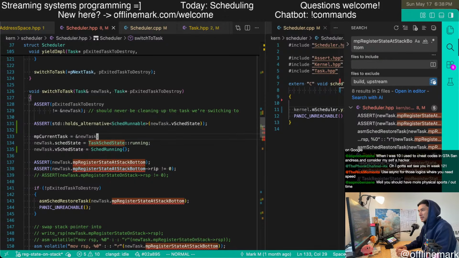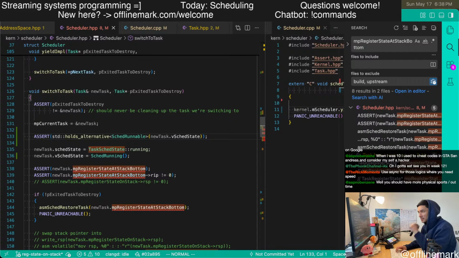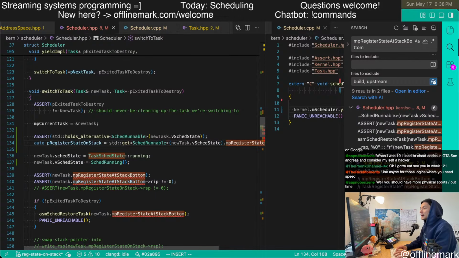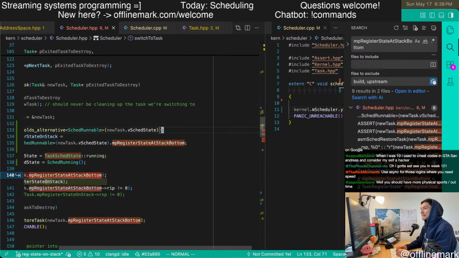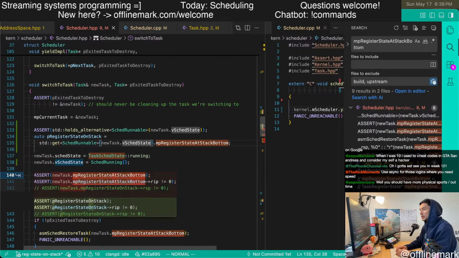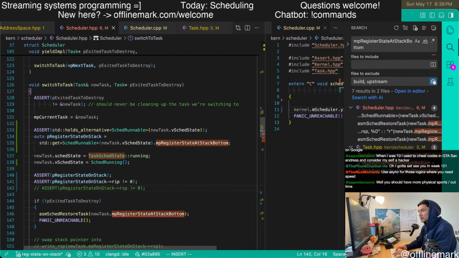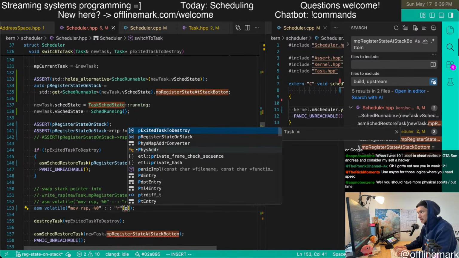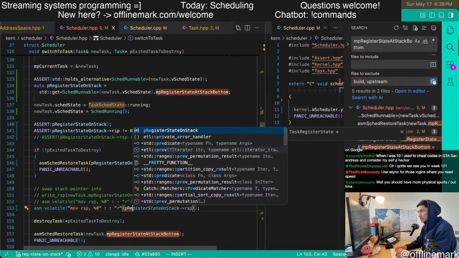All right, so this thing, we're going to register state on stack. Then yes, this changes over here. Register state on stack.